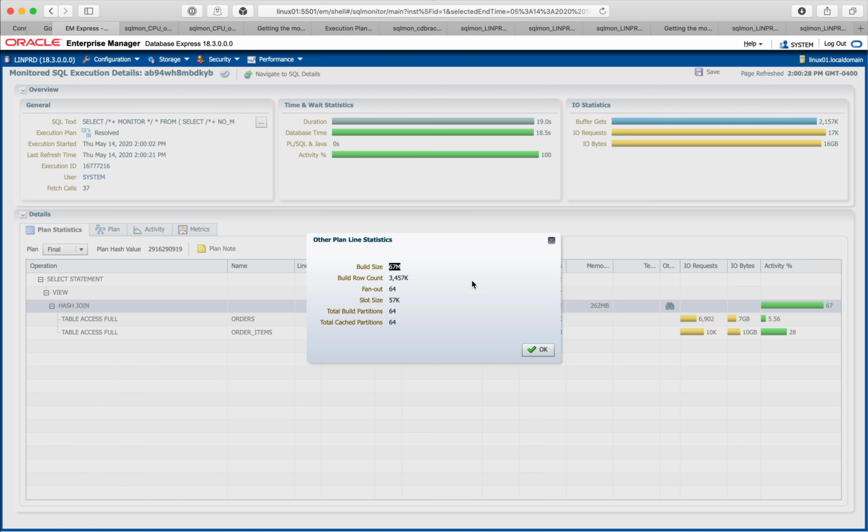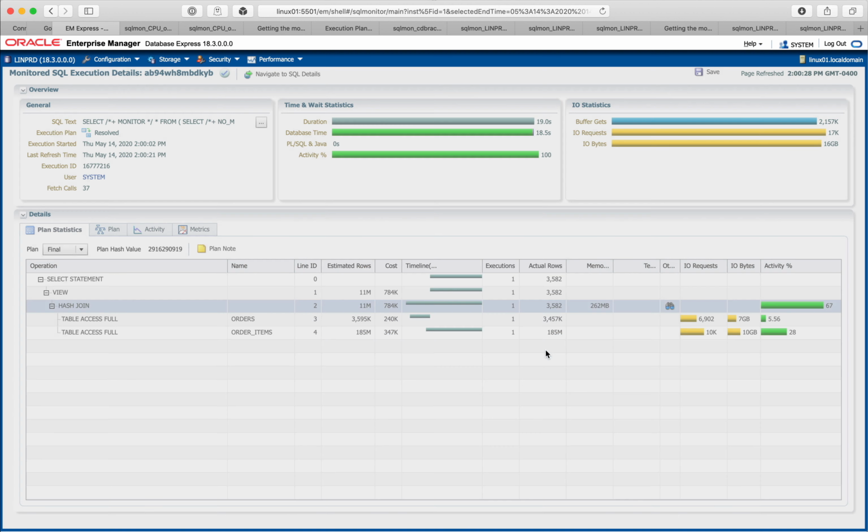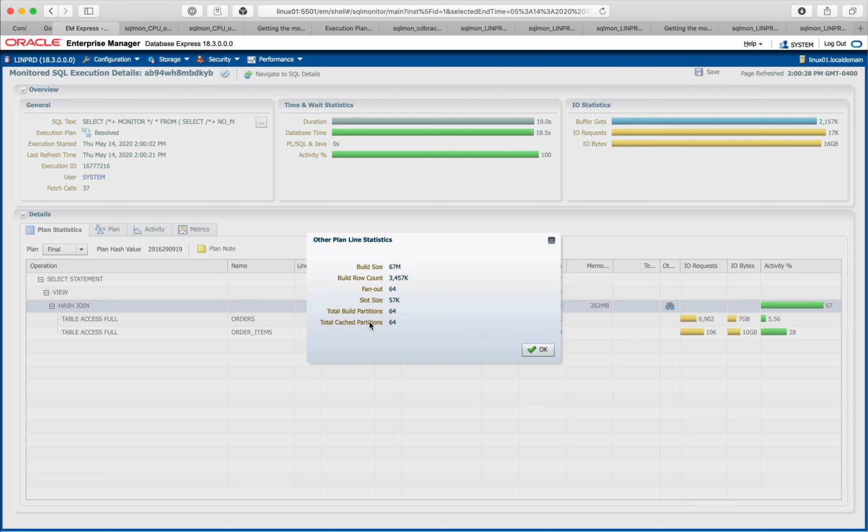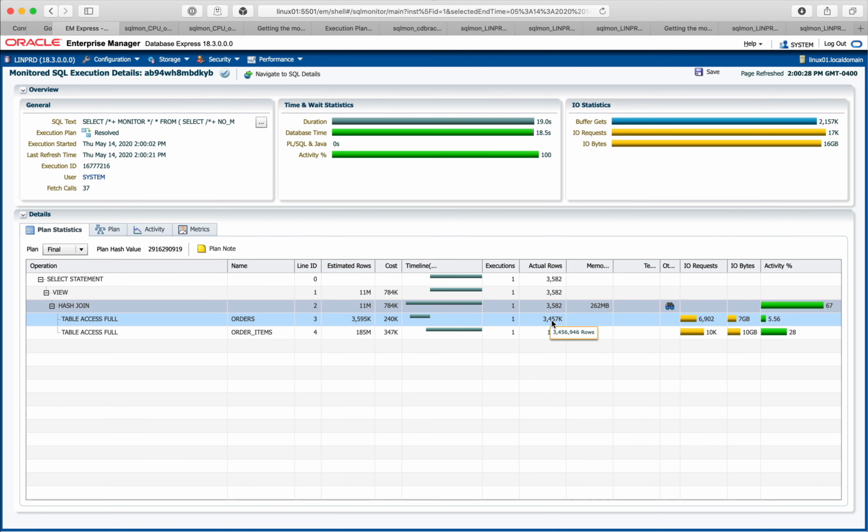The first table in the join, we have to allocate a hash table for that. And if it doesn't fit in memory, we go to temp and so on. But apparently we didn't go to temp in this case, because I don't see IO requests here, right? So we allocate something for hash join, and that allocated memory